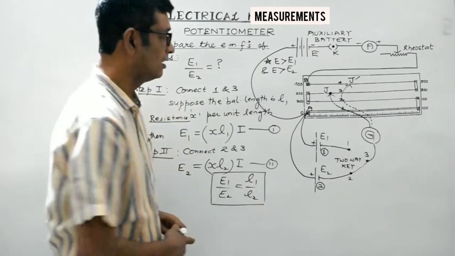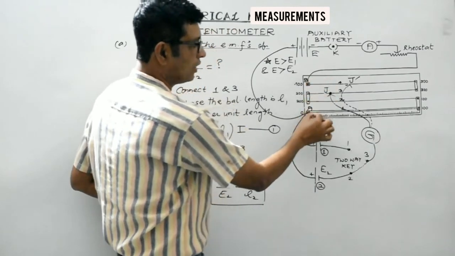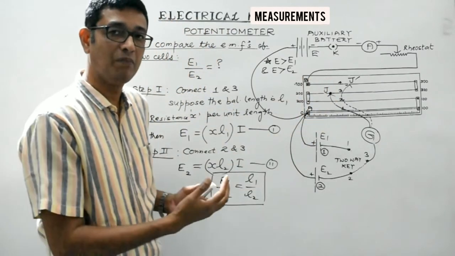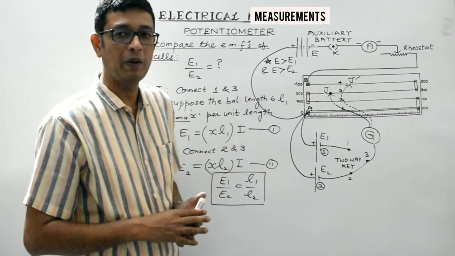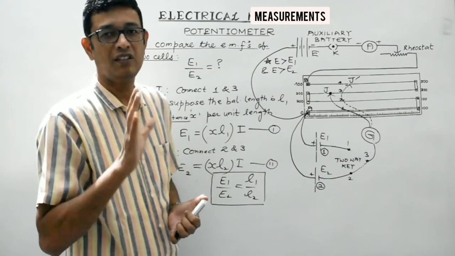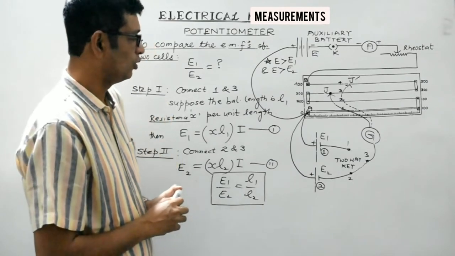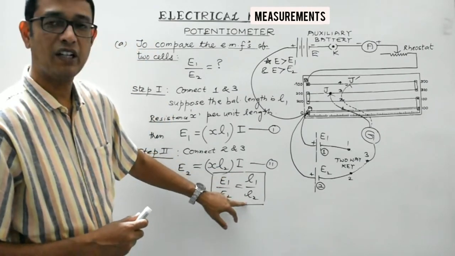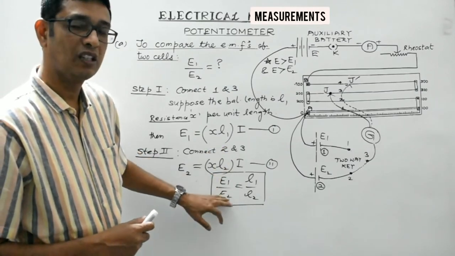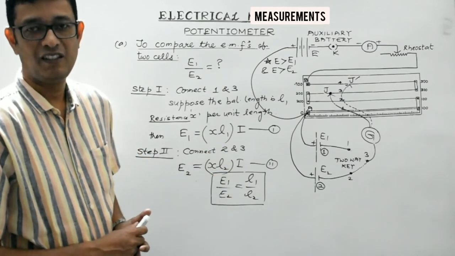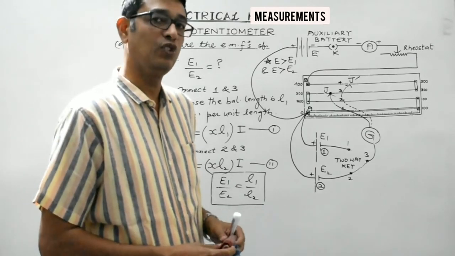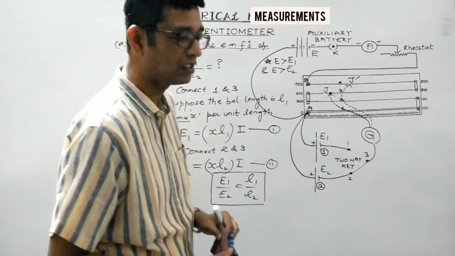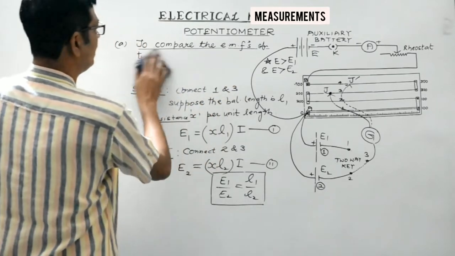And second is, on placing the jockey at the two extreme ends, the galvanometer must show deflection in the opposite directions. So while performing this experiment, please keep these 2 points in mind, right? So experimentally determining the value of L1 and L2, the EMFs of these two cells can be easily compared. So after discussing this topic, let's discuss the second usage of this particular device, which is to determine the internal